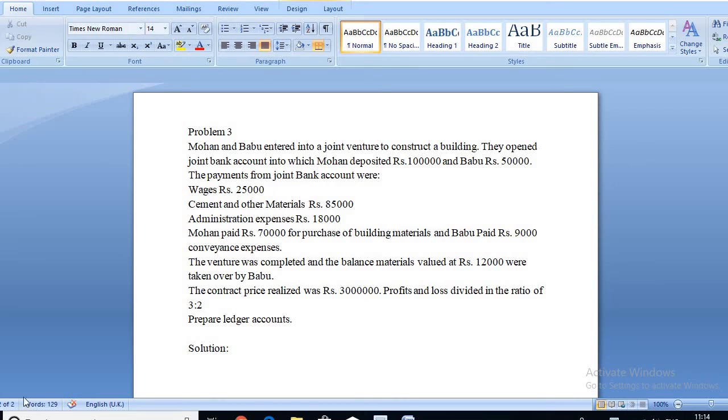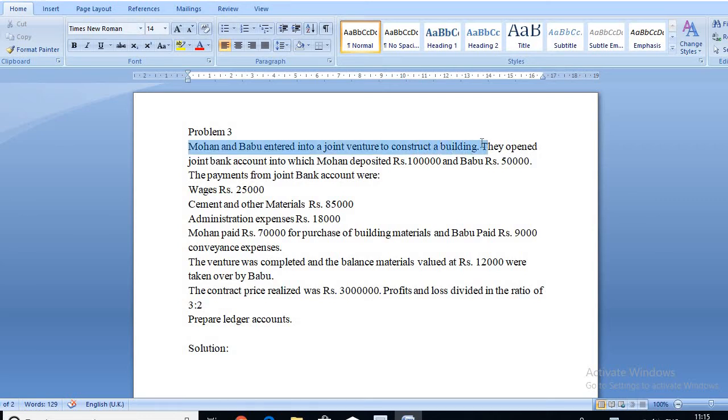Today I am going to explain problem number 3 in joint venture. First I will explain this problem. Here Mr. Mohan and Babu enter into a joint venture to construct a building. They are doing joint business only for the construction of a building, and they